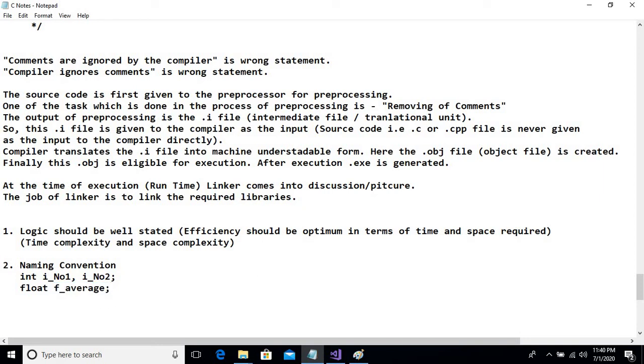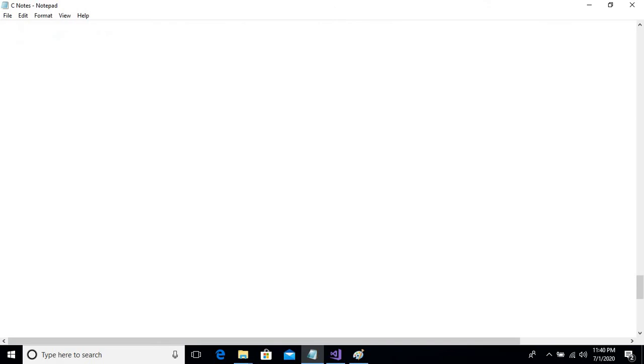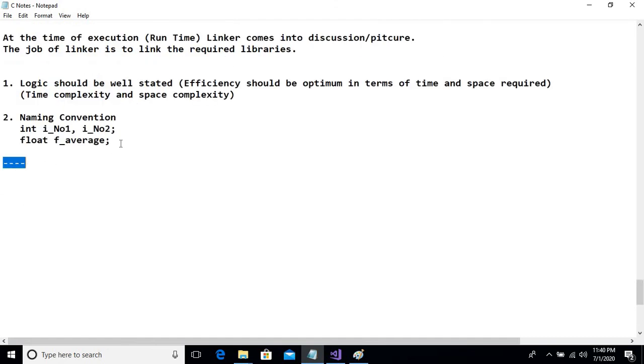The benefit is, let's say on the 100th line, I observe a variable f_average. Just by looking at the f, I'm able to figure out the data type of that variable. The variable belongs to the type float. That is very clear. With respect to C, if you're defining a pointer, let's say,